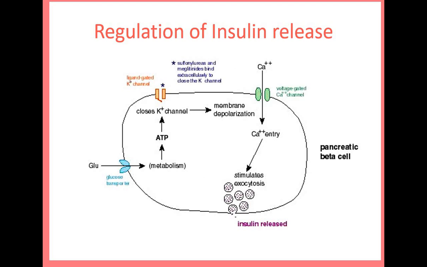milligram per dl. Dl refers to 100 ml; L refers to liter and dl refers to deciliter. So this range of basal sugar level is dependent on the pancreatic beta cell. Insulin, as we have discussed, is released through exocytosis from the pancreatic beta cell.